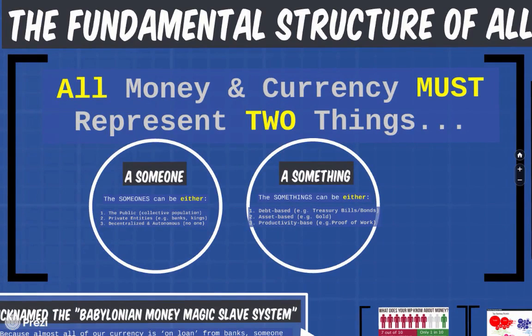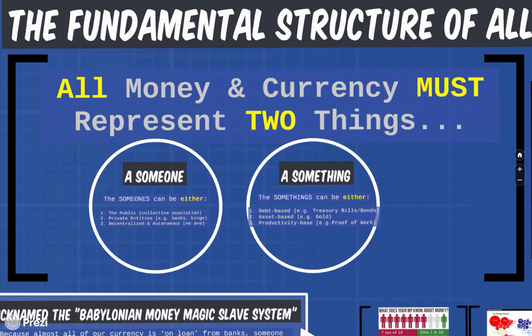Now, let's first understand the two things that must be in existence whenever you create a monetary system or a currency system. If you say, for example, we're going to create a new currency or new monetary system, you have to decide, what does this currency or this monetary system represent? Because you can't avoid the fact that it has to represent a someone and a something. To rephrase it, a someone means, who owns that system? Is it owned by the people, whatever? But we'll get into that in a second.